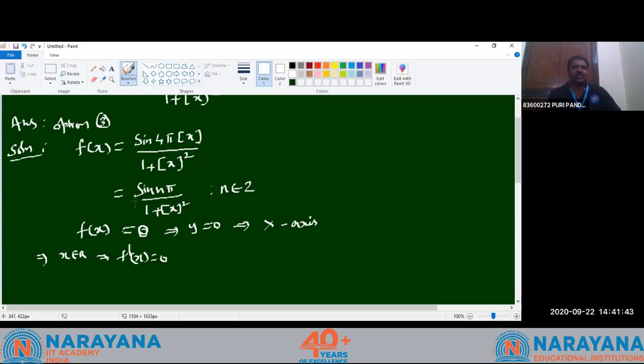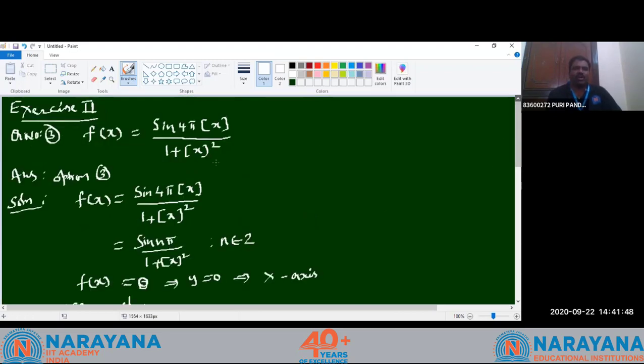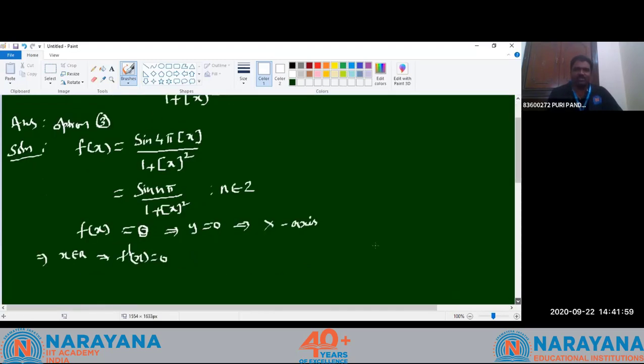That's what satisfies the third option. Option 3 is: the left hand derivative at x equal to 0 is 0, and the right hand derivative at x equal to 1 is equal to 0. Therefore, it satisfies the third option. That is question number 3.